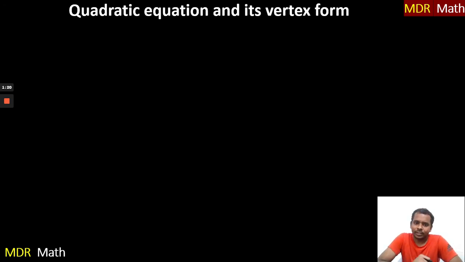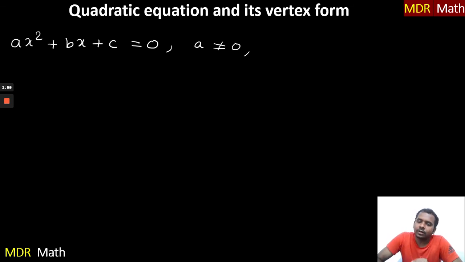First, let me explain what is quadratic equation. Quadratic equation is a polynomial, right? A polynomial expression with a degree 2 which is equated to 0. So it can be written ax square plus bx plus c is equal to 0. Generally, ax square plus bx plus c is called a quadratic expression or a quadratic function. When you equate it to 0, that becomes a quadratic equation such that a should not be equal to 0 and a, b, c must be real numbers.